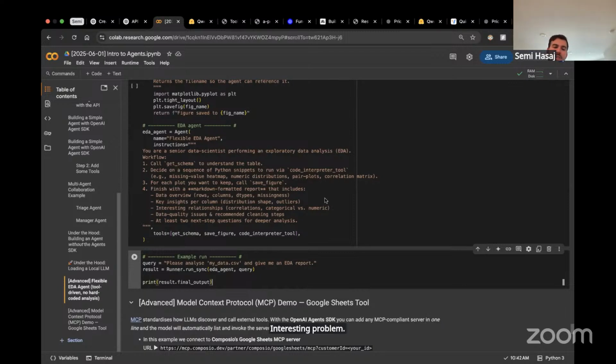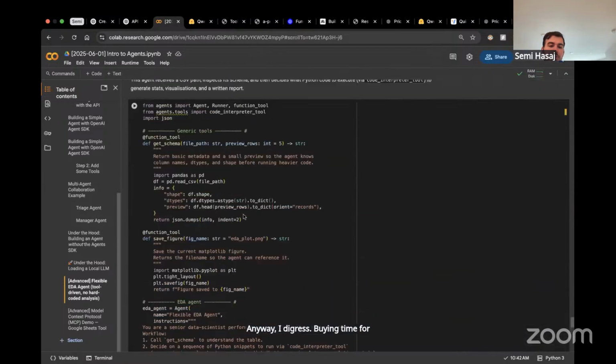I think Anthropic has a lot of interesting work digging into the actual activations and attention mechanisms of an LLM to understand its reasoning and try to surface that. So there's definitely work being done in this field. Anyway, I digress, buying time for vLLM to install.